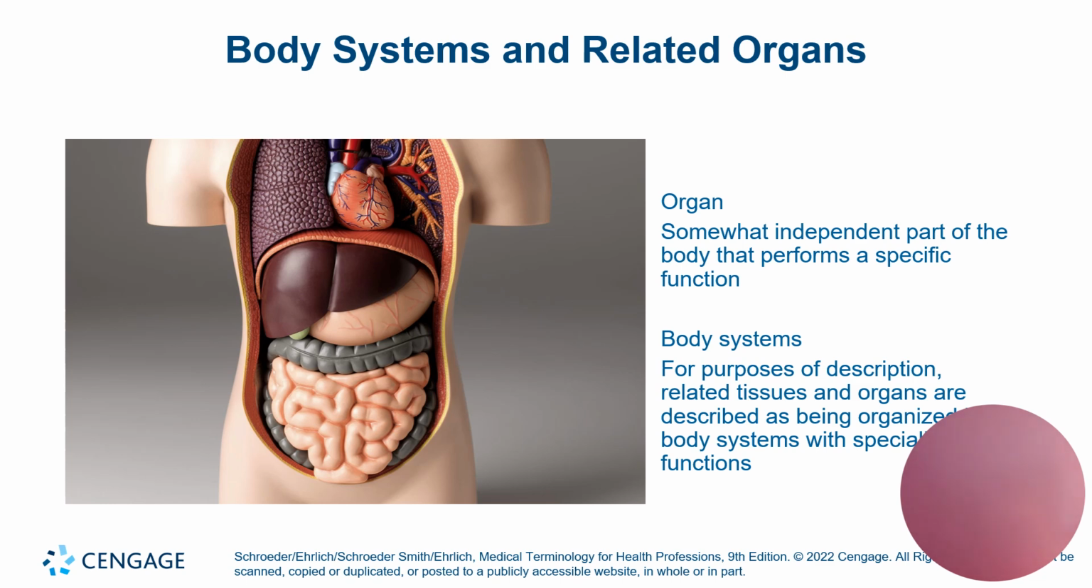And moving on to the organs. These are somewhat an independent part of the body, and they perform specific functions. For purposes of description, related tissues and organs are described as being organized into body systems with specialized functions, such